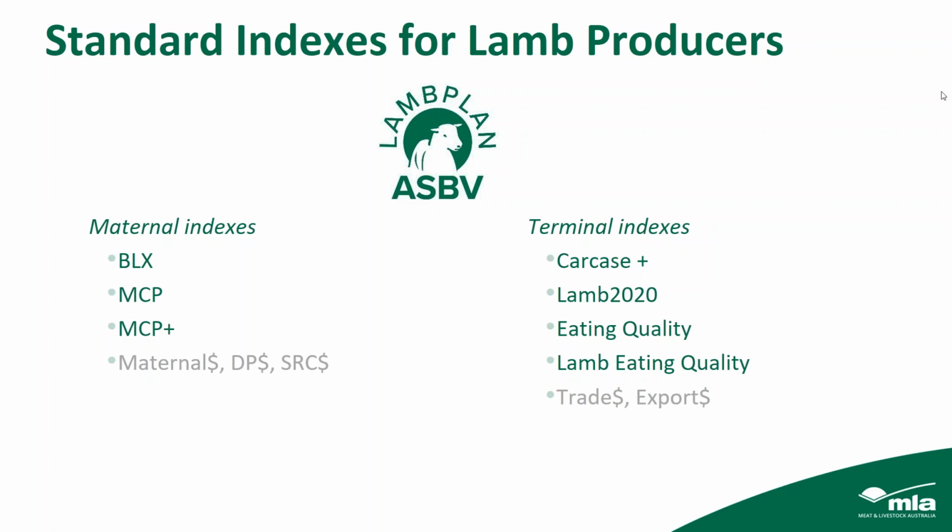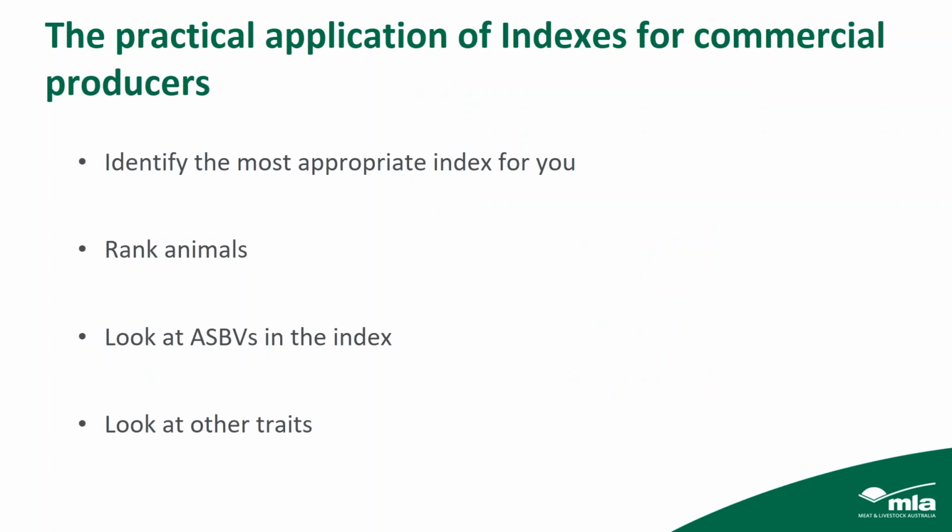Then we have our terminal indexes. So we have our Carcass Plus index and our Lamb 2020 index. They're carcass driven. But then we also have derivatives of those with our two new eating quality indexes that were implemented in 2016. So essentially, we have these indexes, but the purpose of them is for practical application, particularly